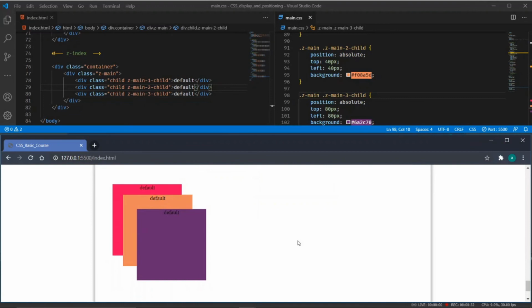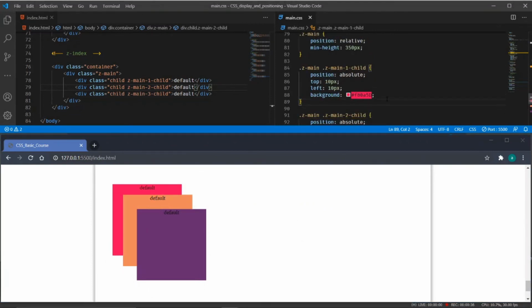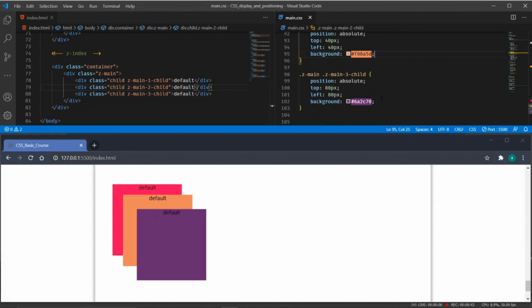Okay, yeah. So as you can see, the first child is in the lowest stack. The second one is above it, that is F08A, and the third one is this one. I will just add the container number, container 1, so that we have a visual effect of the container stacking.